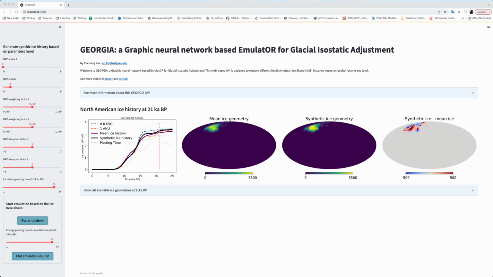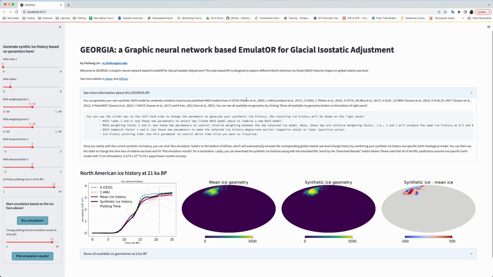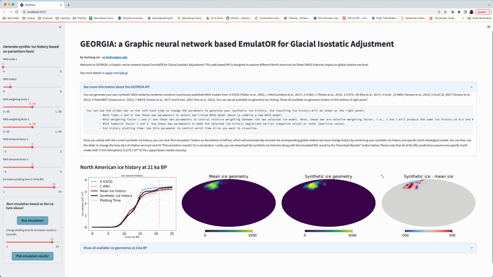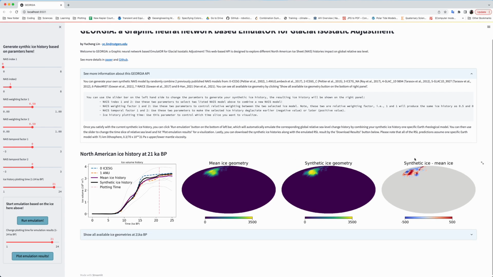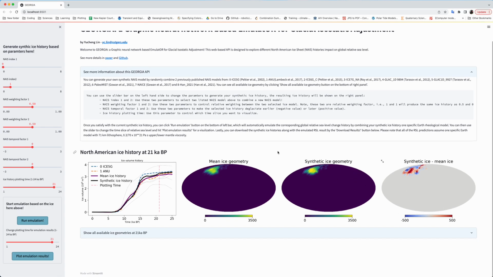And on the right hand side, you will find the ice history evolution, ice volume history evolution from 25,000 years ago to present day. The mean ice geometry, which is generated by averaging the 9 ice models we collected from previous publications. And this is the ice geometry we created by changing the sliders on the left hand side. And the last figure shows the difference between the mean ice geometry and the synthetic ice model we generated at 21,000